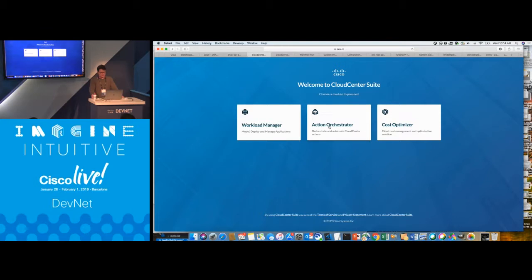Within the Cloud Center Suite right now, there's Action Orchestrator, which I'm going to be showing you, Workload Manager, which is the classic Cloud Center functionality, and then Cost Optimizer, which is another member of the Cloud Center Suite that allows you to estimate and generate cost reports based on your cloud usage. So looking more closely at Action Orchestrator,